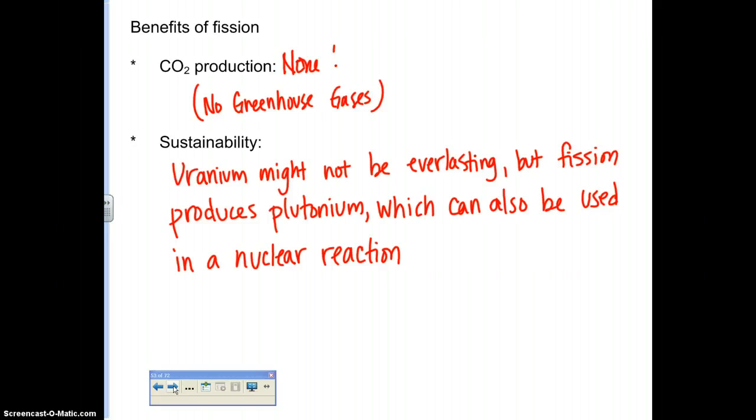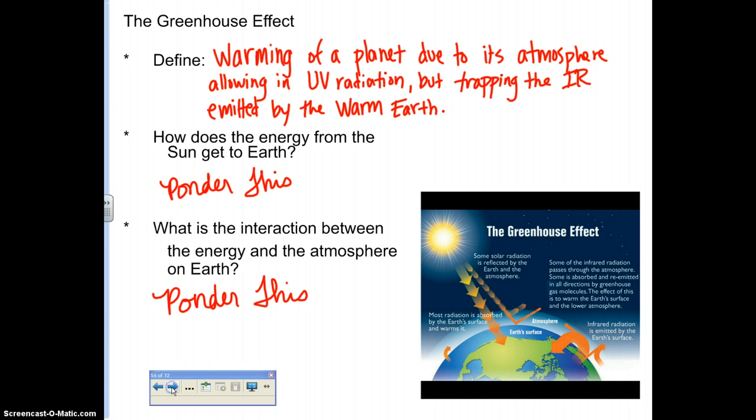Benefits of fission, though. CO2 production? There is none. So therefore, there are no greenhouse gas emissions going on with nuclear power plants. That's pretty darn good. Sustainability. Uranium might not be everlasting, but fission produces plutonium, which can also be used in a nuclear reaction. So you could maybe then start your power plants in which plutonium is going to be your lead-off